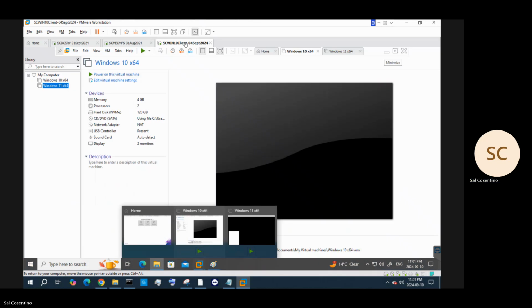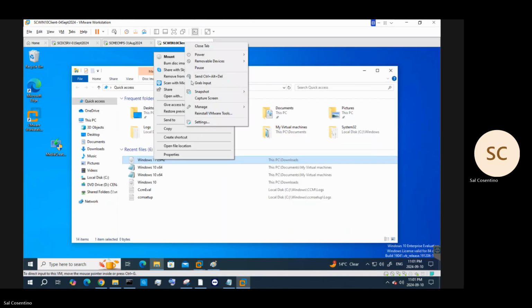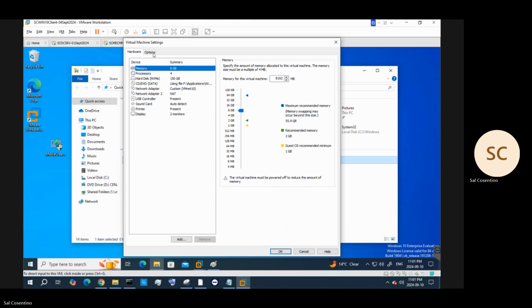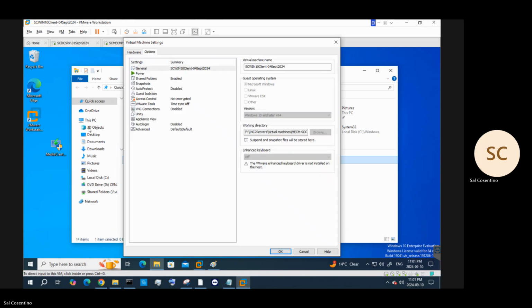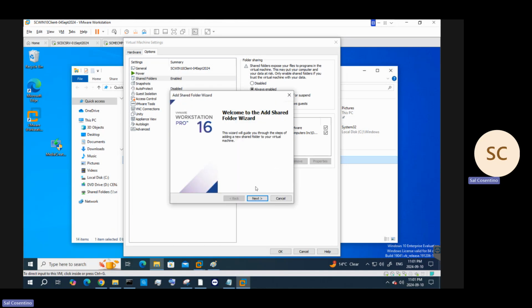Share. Go to settings, options, enable to share folders. We're going to add